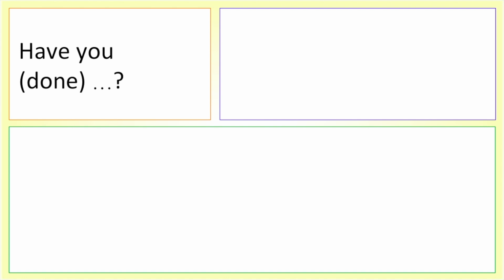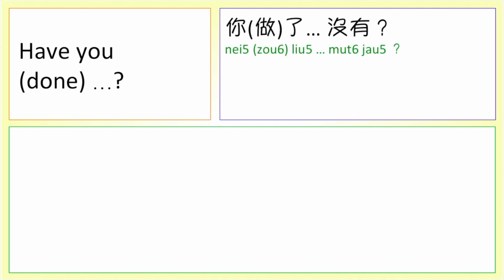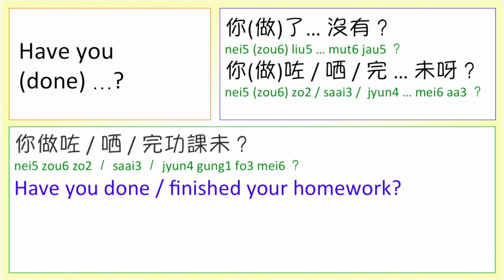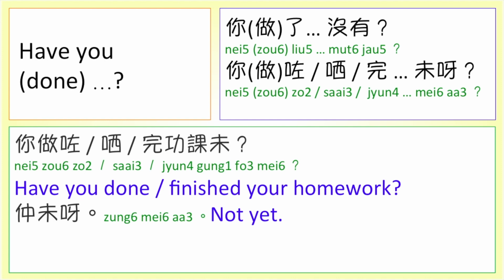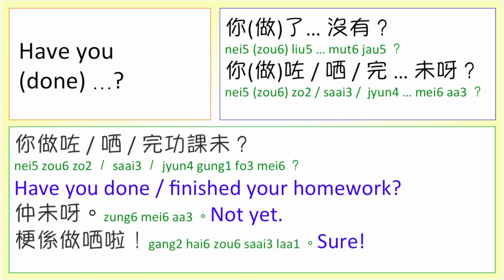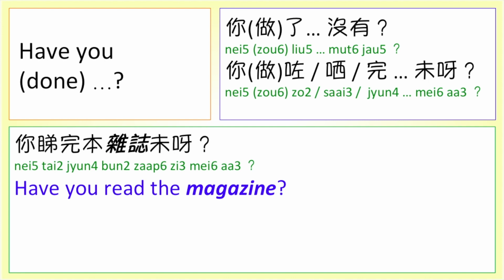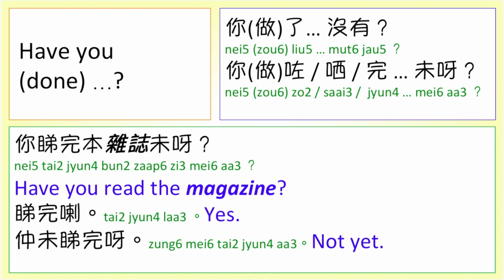Have you done? In written Chinese, we say 你做了沒有？ In Cantonese, we say 你做咗未呀？你做晒未呀？你做完未呀？ For example, 你做咗功課未？仲未呀？梗係做晒啦。你睇完本雜誌未呀？睇完啦。仲未睇完啊。